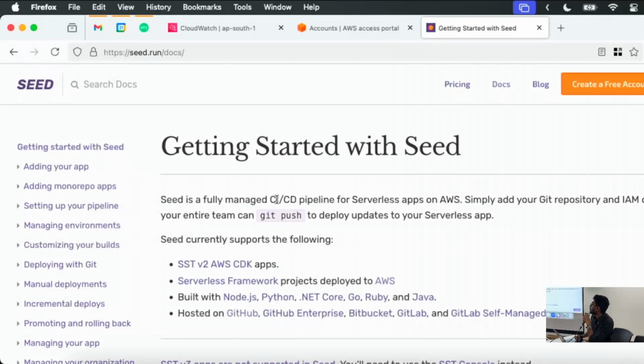We should add that. So Seed is a nice little product which gives you CI/CD pipelines and preview environments on top of it. So you can install it on your GitHub and then have one PR, everything inside it deployed to a brand new environment. You can test it, stage it, everything. And then once you close the PR, Seed will take that, deploy it to prod, and then clean up that environment. This is how they make money. They've been very clear about building this open source.